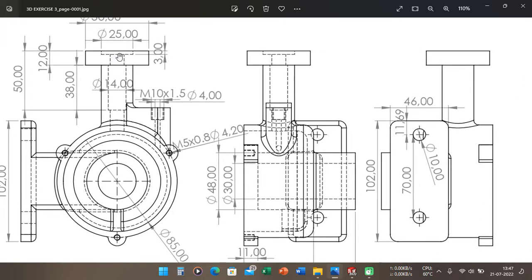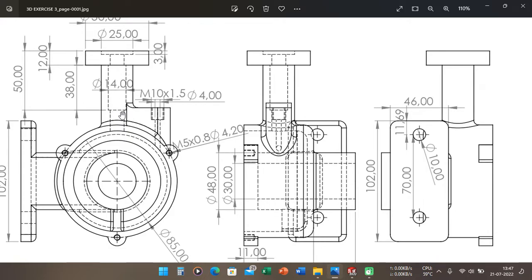The first hole has a depth of 3 millimeters with a diameter of 25 millimeters, and the second hole is 11 millimeters, and the third hole is 14 millimeters, and the fourth hole is the same as the second hole.